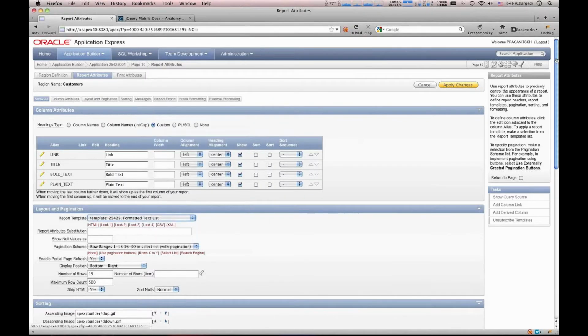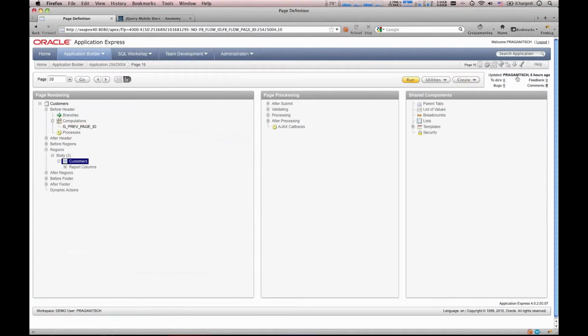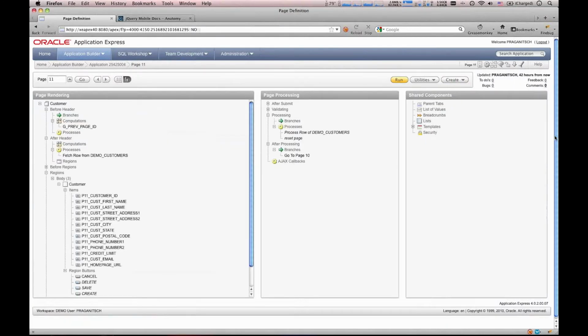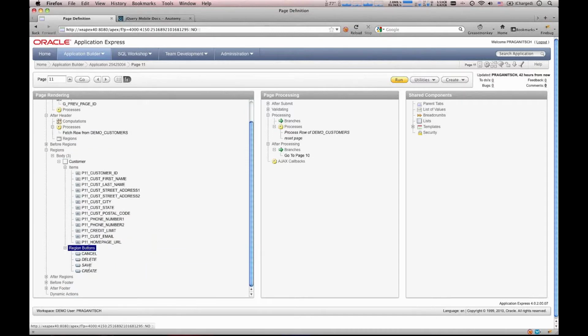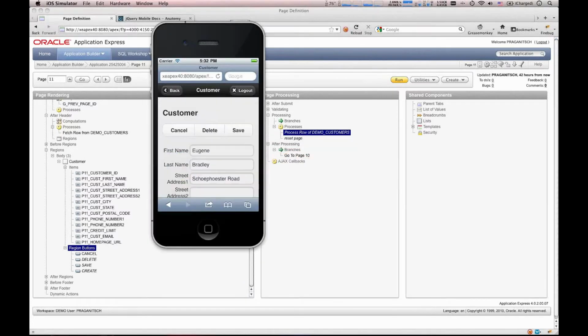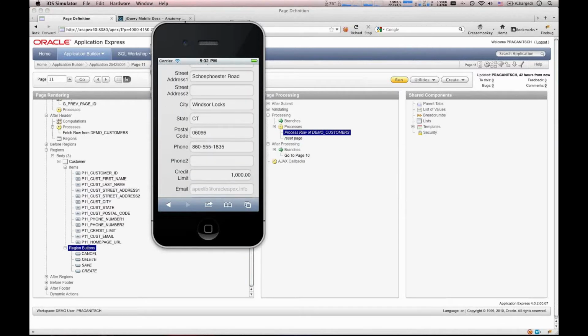On the form page, which will be the last page I will show you in this demo, you also have standard Apex stuff. You have a fetch process, you have an HTML region containing all the items and the buttons, and in terms of page processing there is the standard automatic process row process, which takes care of updates, deletes, and stuff like that. The thing I showed you before, the nice keyboard changes,